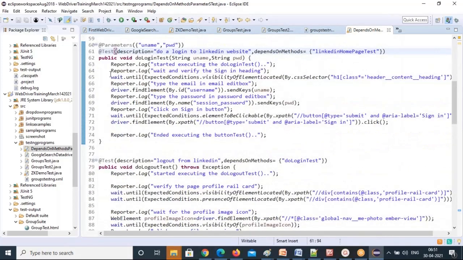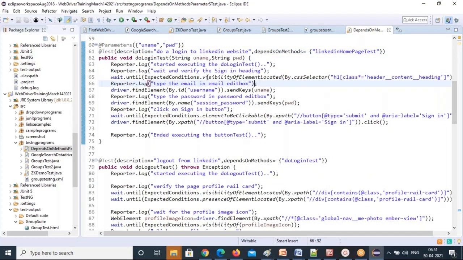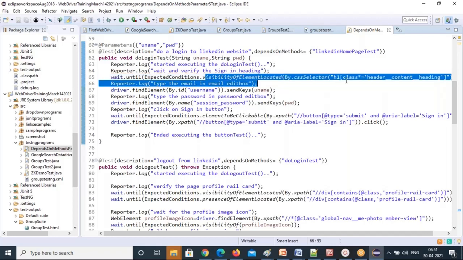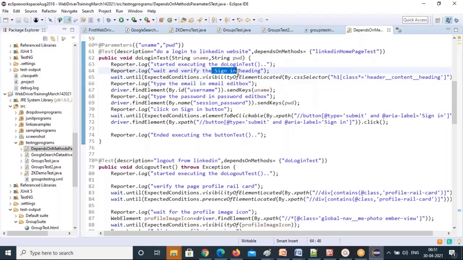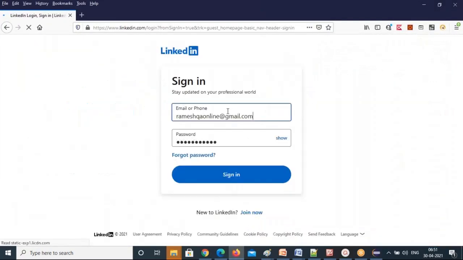Next, I'll log in. So I wait for the visibility of this element, the sign in heading. You can see the sign in heading here; I'm waiting for that.